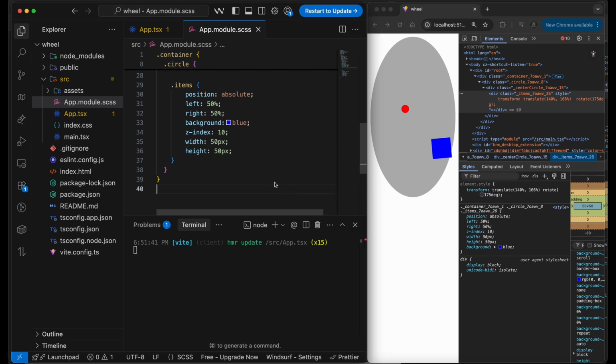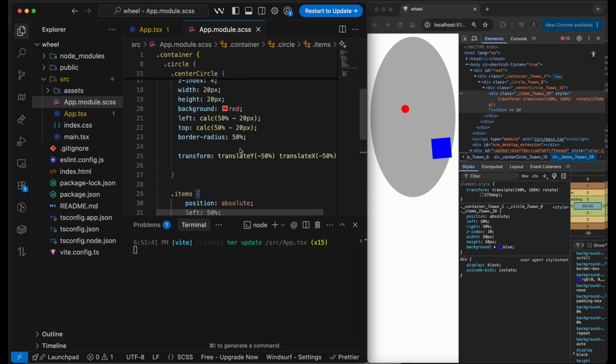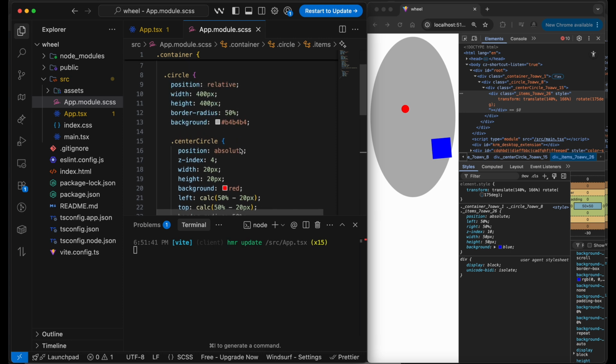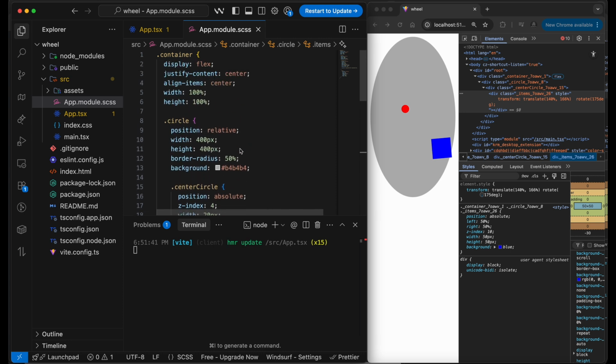So the item is 50%, 50%. This looks good. Absolute. Yes. This all looks good. But when we try to make some translation